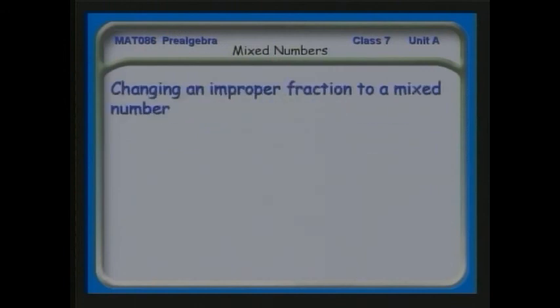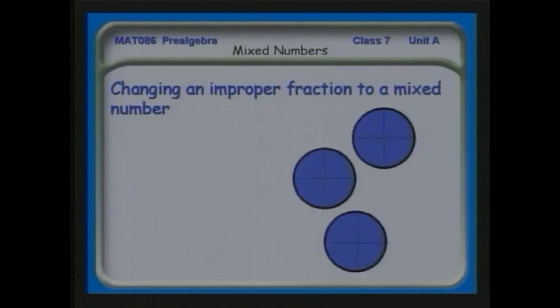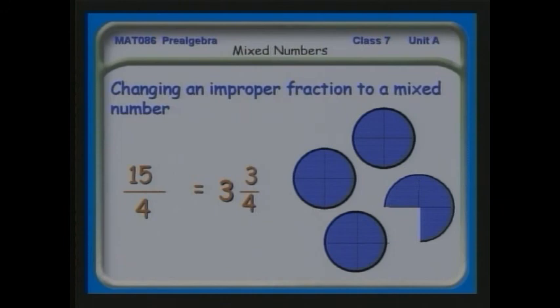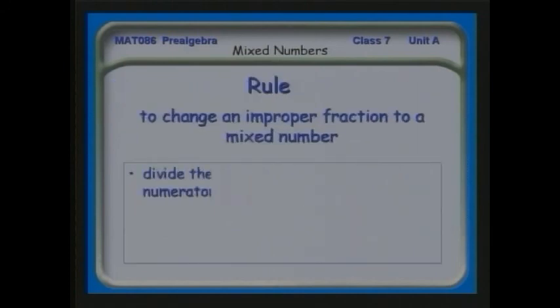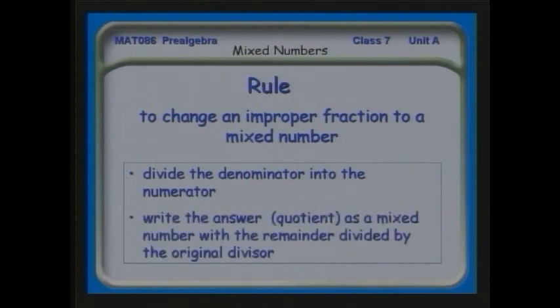Let's go the other way. Let's change an improper fraction to a mixed number. Here we have 3 3/4, 15/4 if we count them. And what we do is we divide the 15 by the 4 and see that the quotient is 3 and the remainder is 3. Basically, you do a division, look at the remainder, and make that into the fraction. Let's look at the rule. You divide the denominator into the numerator and write the answer as a mixed number with the remainder divided by